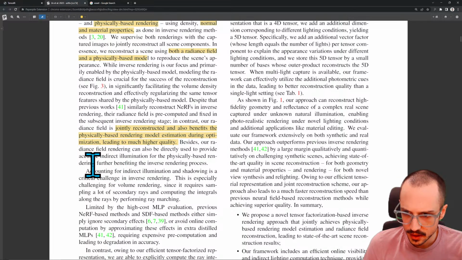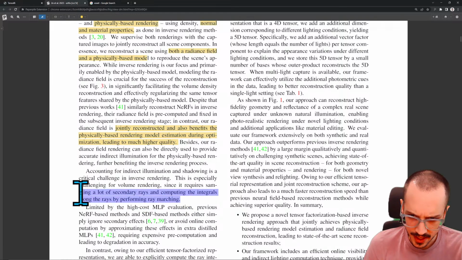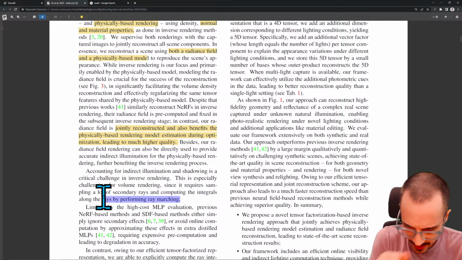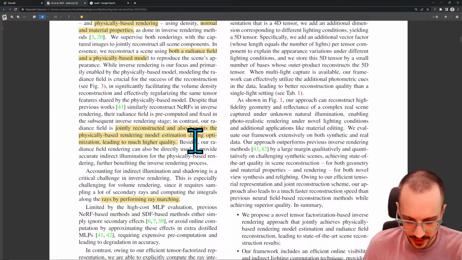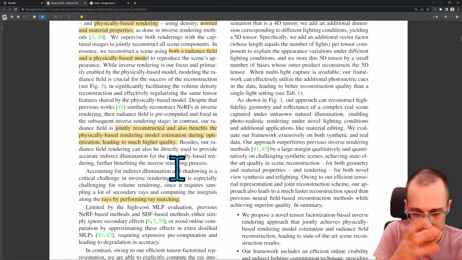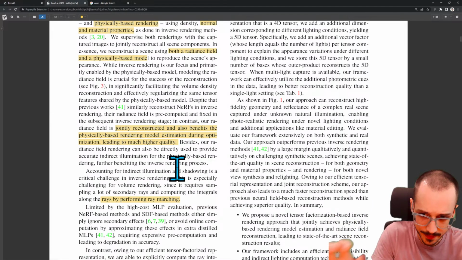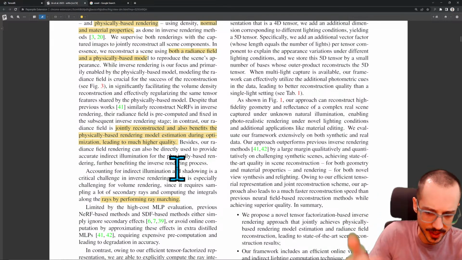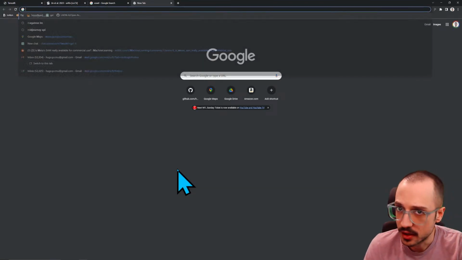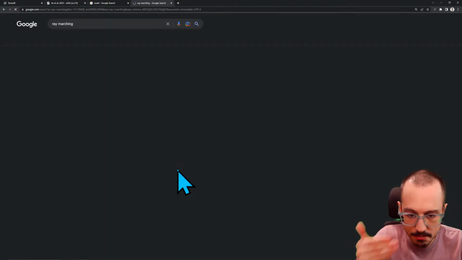Okay. Accounting for indirect illumination and shadowing is a critical challenge. This is especially challenging for volume rendering since it requires sampling a lot of secondary rays and computing the integrals along the rays by performing ray marching. Yeah, so this is the type of rendering that most NeRFs do, and it's very computationally heavy because for every single pixel in the image, you basically have to project this ray and then march along that ray, right? The marching there refers to the fact that you're moving along the ray